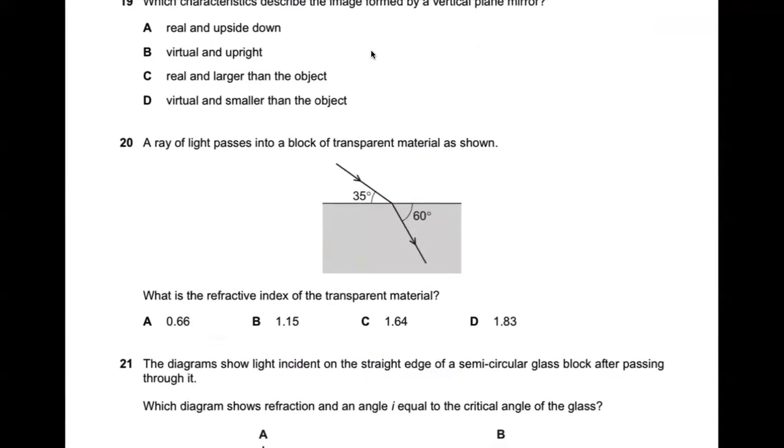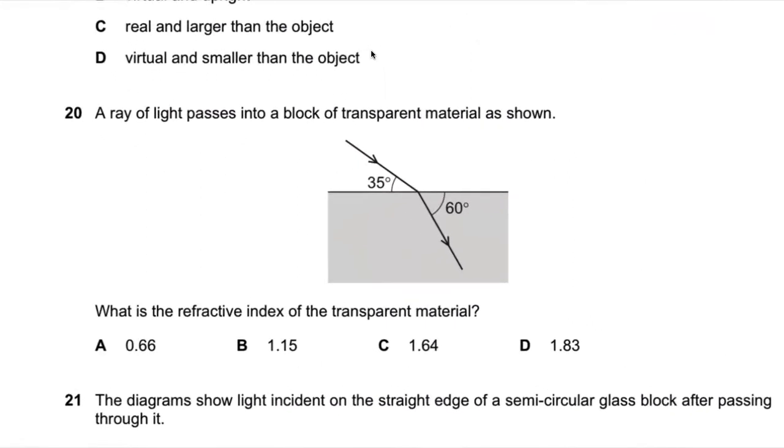All right, let's have a look at this one. A ray of light passes into a block of transparent material as shown. What is the refractive index of the transparent material? First of all, you should all identify that none of these angles are marked with respect to the normal, which is what you need here to calculate the refractive index. So this is our normal. If this is 35, then this remaining angle, this one right here, would be 55, and also this angle would be 30. And then you use the refractive index formula, which is sine of the angle in air